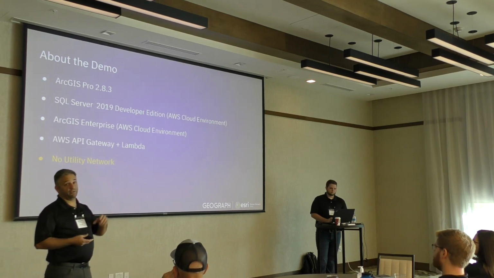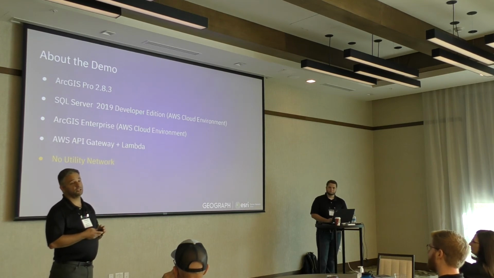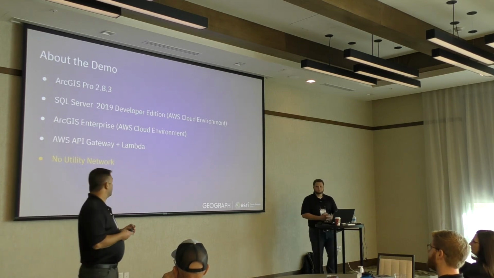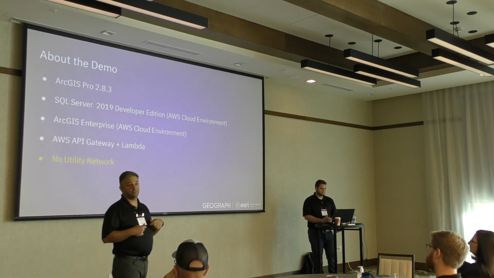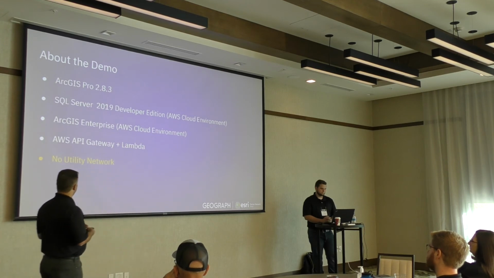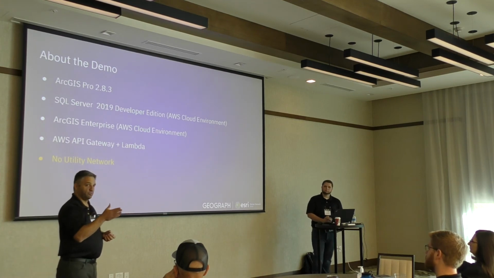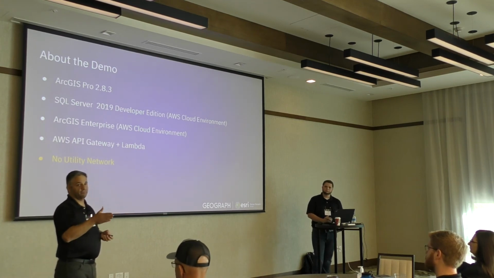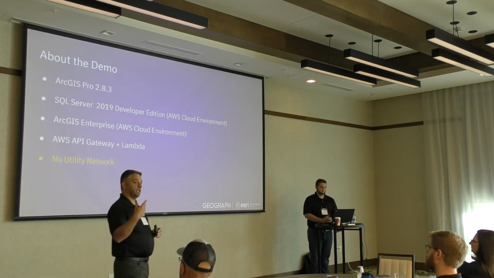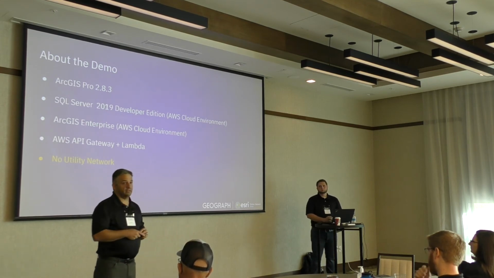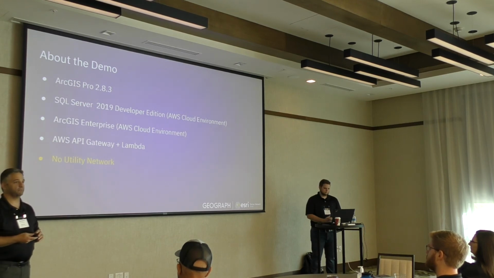We do have that deployed in a cloud environment. So today, what you're going to see is us hitting a cloud environment in North Virginia. We're running Enterprise. The features that we have on the map are feature services, so they're being delivered via the cloud environment. We also have built the API gateway. So our perform trace is being sent back from an endpoint, the API endpoint, using AWS API Gateway and then functions on the back end. And there's no utility network in any of this. Okay.